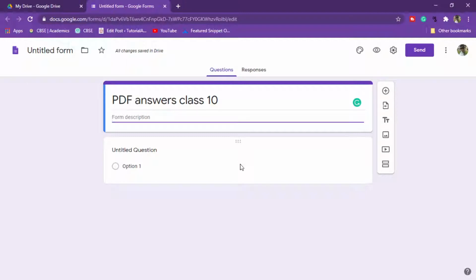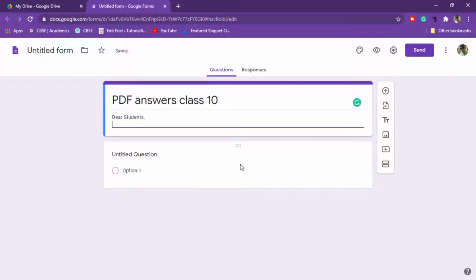Just I am writing here: Dear students, upload your answers PDF by this form. If you want to specify the steps, then also you can write like this.